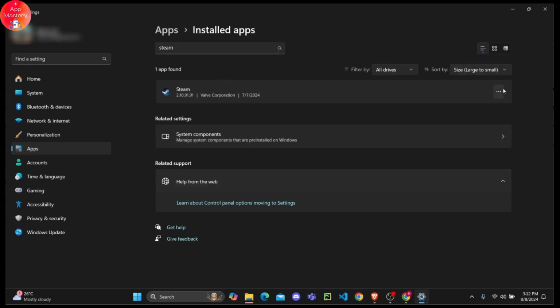And if you click on this icon right here, it will say uninstall. So what you can do is uninstall and reinstall the program, and this